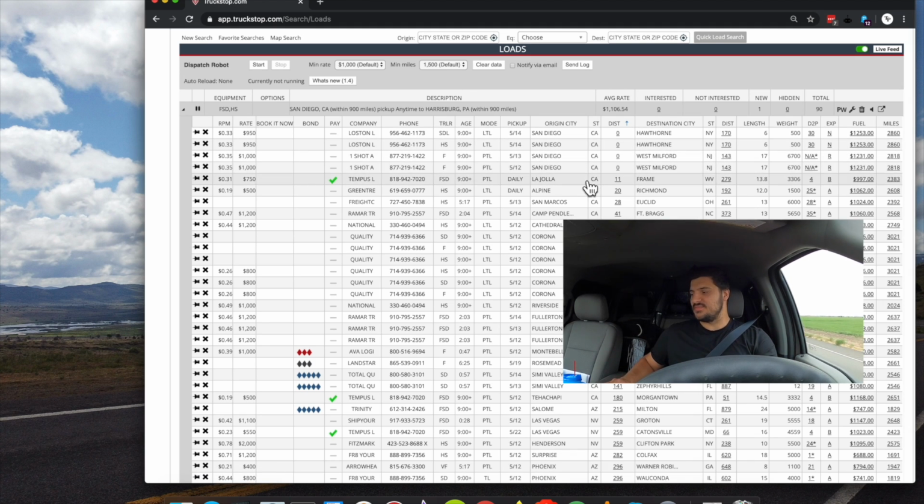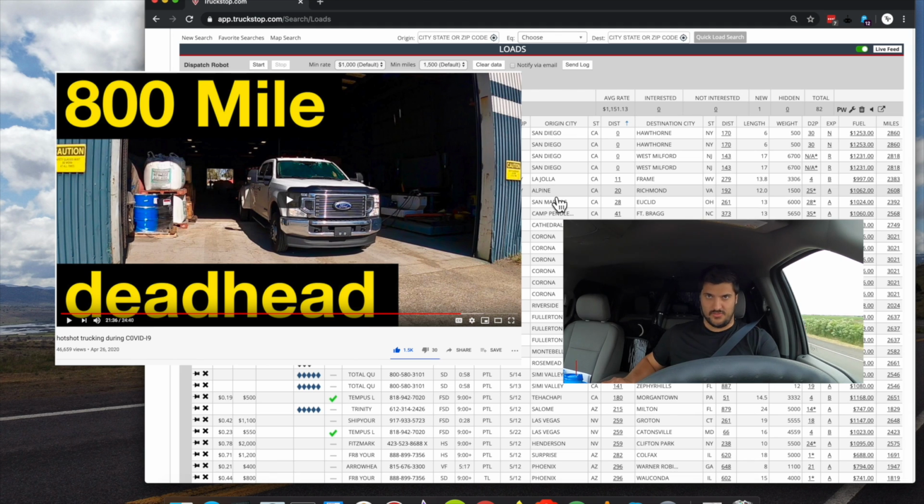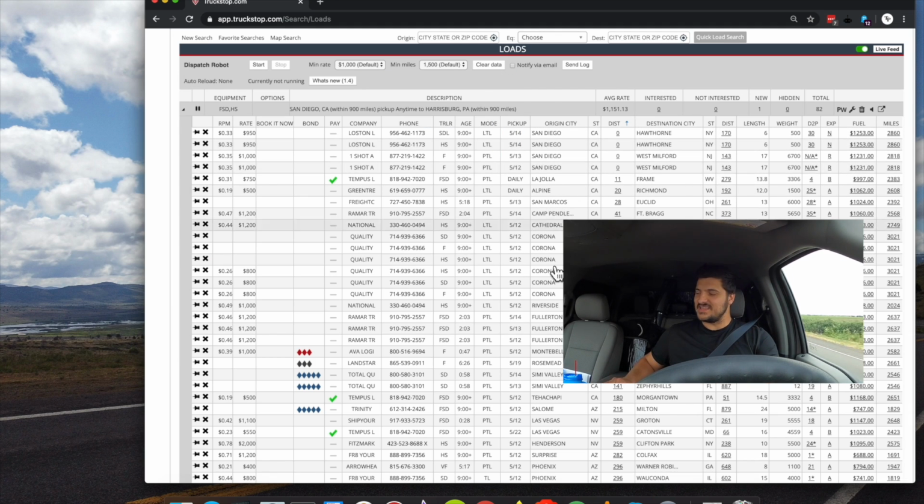You know, so if I see there's a bunch of loads in San Diego, I'm not gonna rush and jump on one. But if you're in an area, like, and this is what happened, I believe a couple weeks ago, and I was in Washington, if you recall, and I deadheaded 800 miles to California, right? The reason I do it like this as well is because I saw, when I clicked on deadhead, there were no loads in Washington. Every single load had at least 200 miles of deadhead. And so when you take a look at this, you'll be like, oh, okay, great. So now I know where I have to go after I unload, even though I don't have a load,